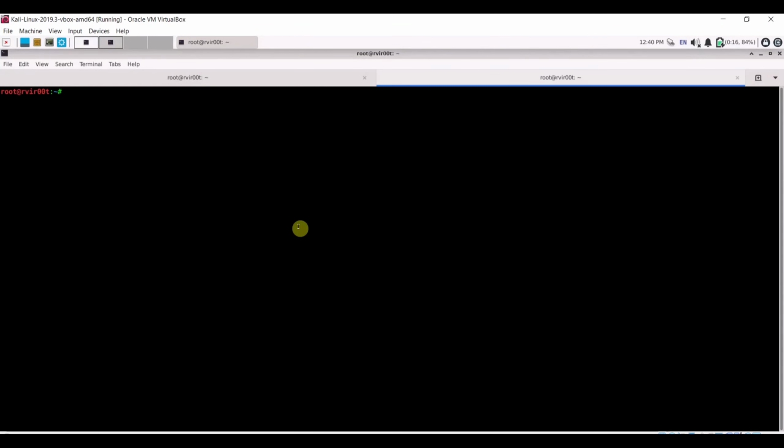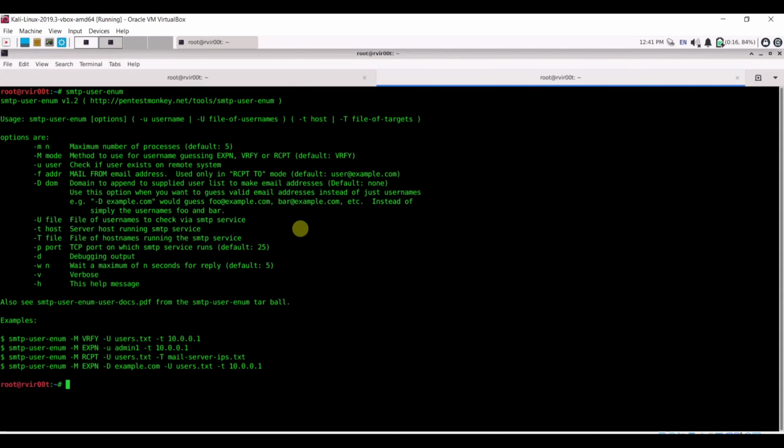And there is also another script, that is smtp-user-enum. This script will also help you get the information related to users. If you hit enter, this is the script which helps us identify the information for the user. And this is the way of using it.